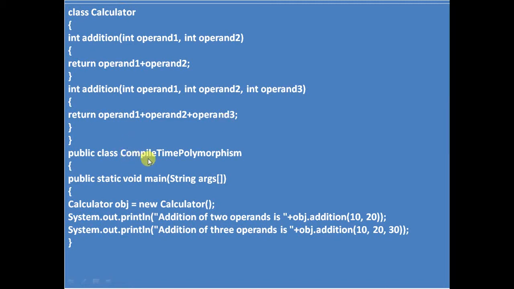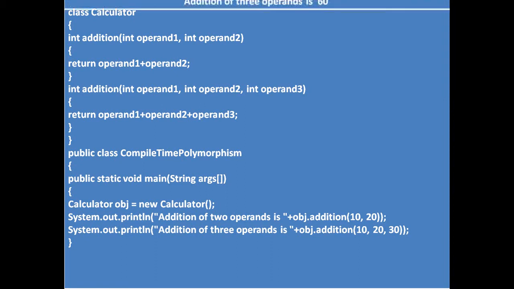Now we create the main class, which is a compile time polymorphism class. In it we create a main method, create the calculator class object, and call both methods of the calculator class. First we call the addition method by passing two parameters, and then we call the three-parameter addition method.